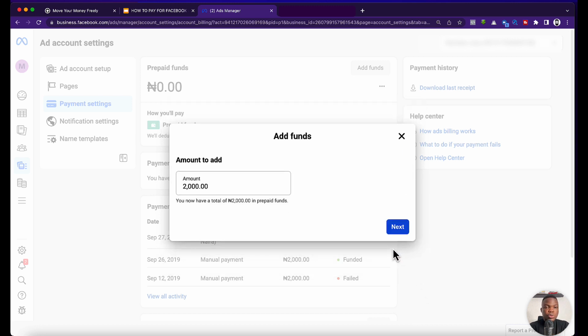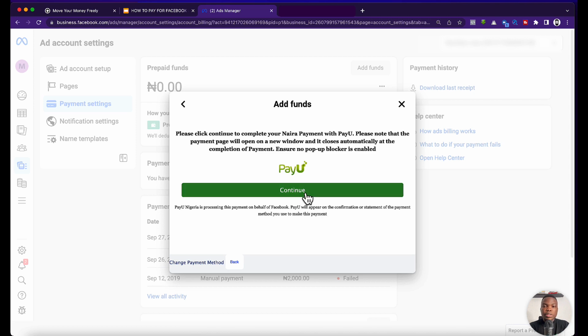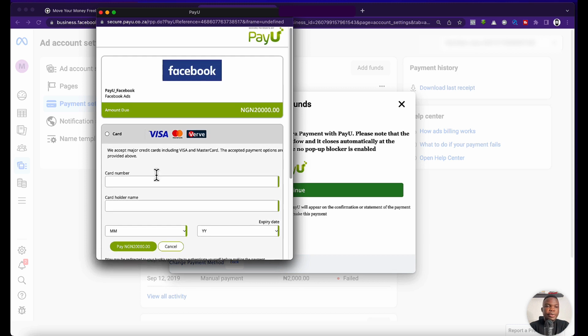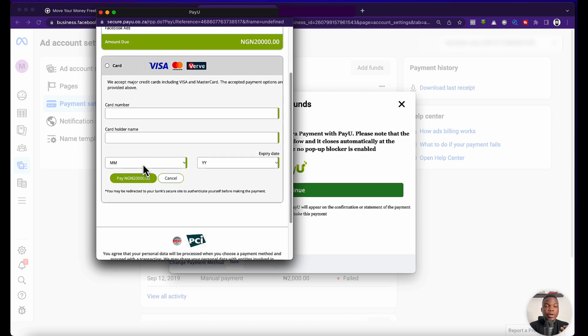So basically what you want to do again is add the amount you want to fund your account with. So I can actually put 20,000 Naira here, and I'll click on next. Alright, so basically all you need to do is just follow the prompt. So I'll continue, and you enter your credit card information just the normal way you buy things online. So you fill your information here, your card number, your name, and all of those things. Then once you are done filling this form, you click on pay 20,000 Naira. So once you pay 20,000 Naira, you also get a notification via SMS to confirm the payment. So that is basically how you add your credit card information to a Naira account, so you can start running